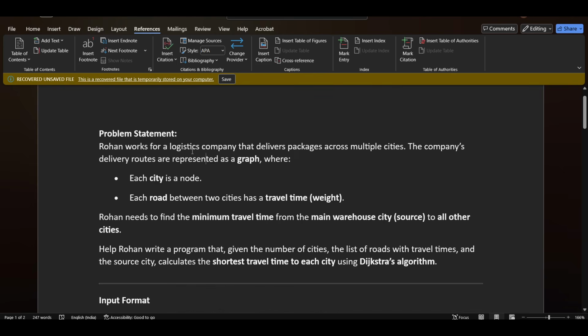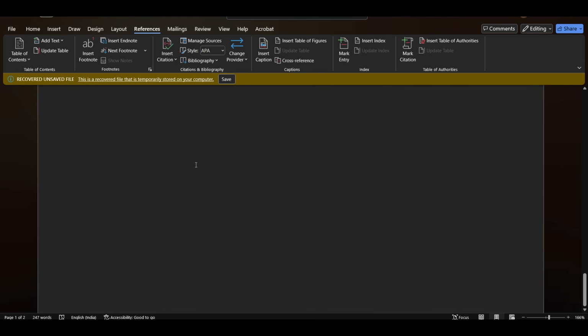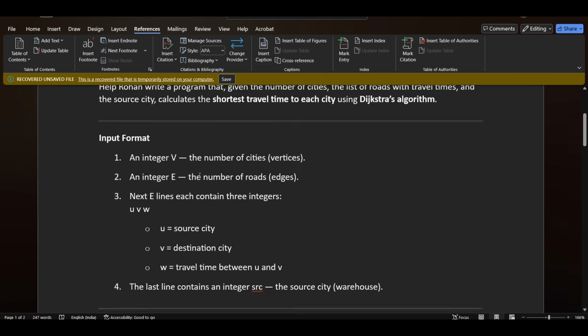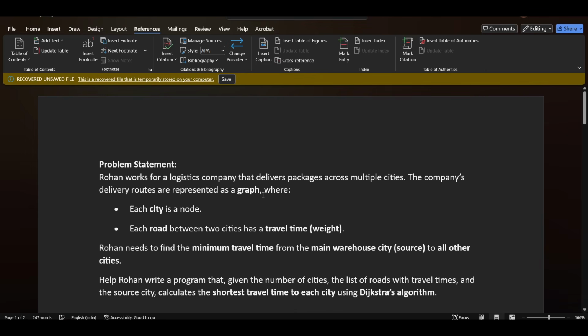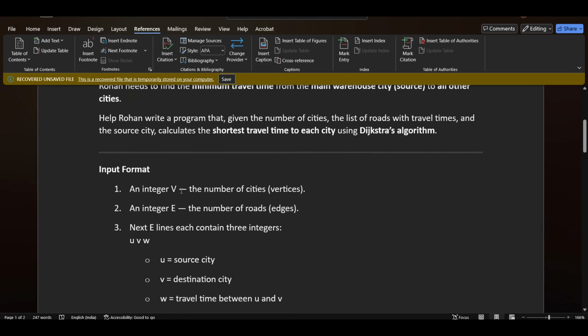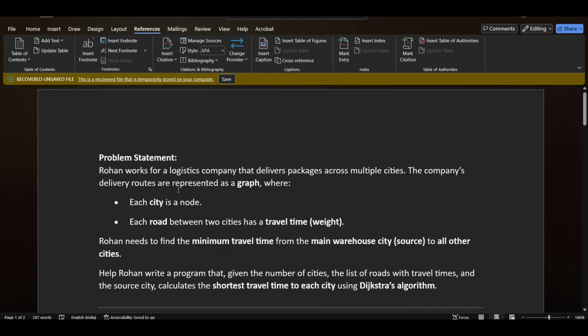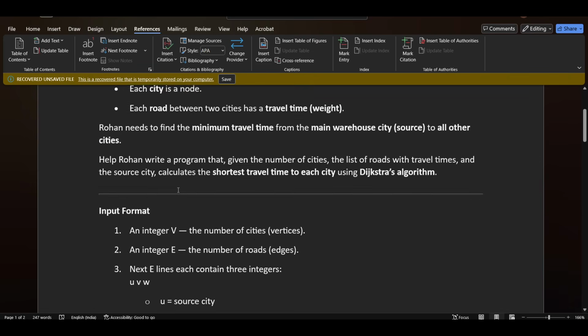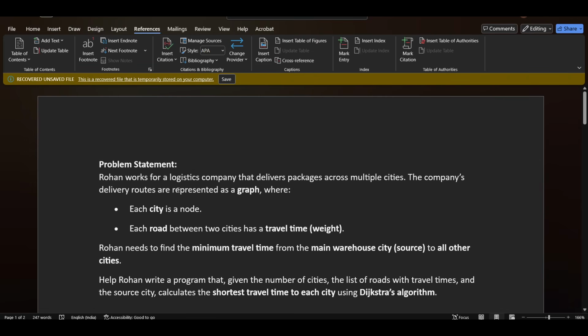We needed to solve it in 55 minutes in the compiler, so enough time was given. But the question was from a topic which TCS generally does not ask, that is graph. So this question is from graph. Generally TCS never asked questions from graph, but last year they did. So in this video we will be solving that.